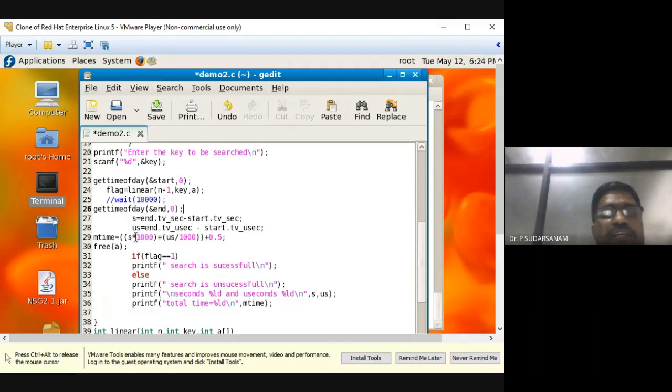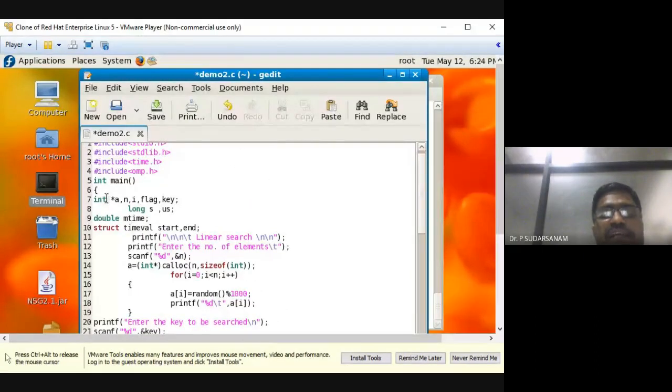Here, you should remember this integer: whatever variables you are using in your program, they have to be defined. Long of s comma us, to calculate the seconds and unit per second. Now double of m time is to make it common, either milliseconds or unit per second, that is called the m time.